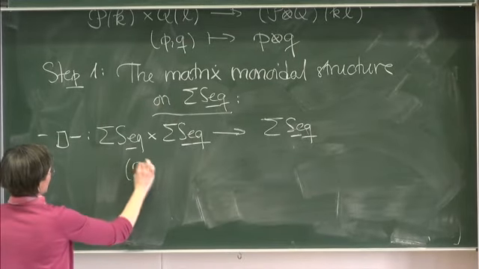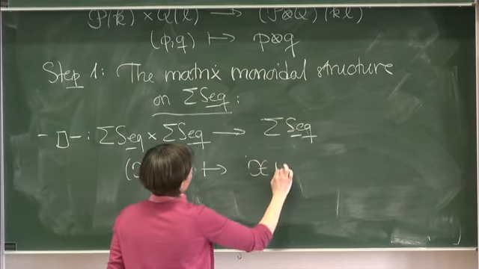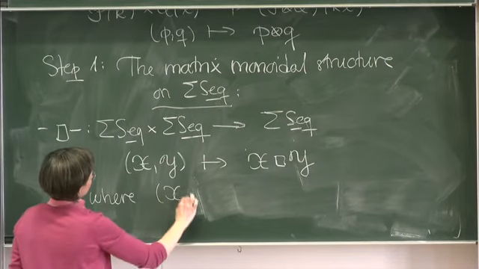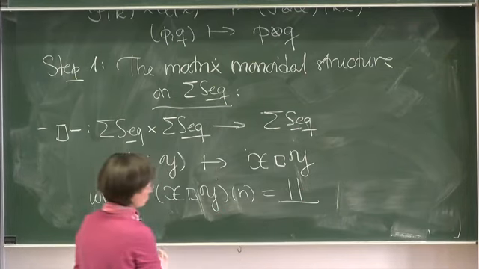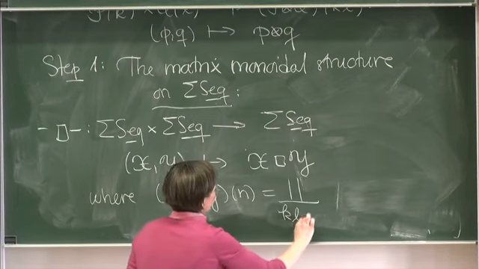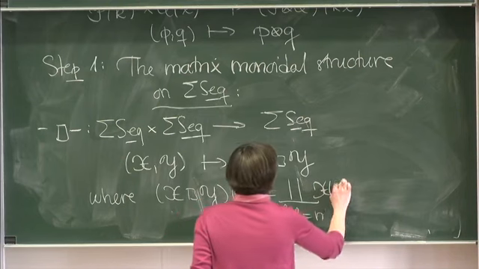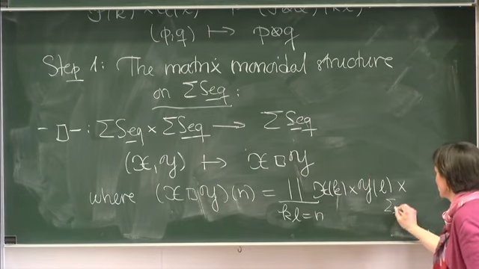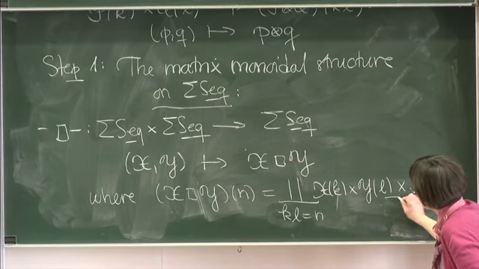So what is it going to do? It's going to take a pair of symmetric sequences, X and Y, to X box Y, where X box Y in arity n is a disjoint union over all k and l such that k times l is equal to n, instead of k plus l or anything else, of X_k cross Y_l cross, and here's something I'm going to have to explain, sigma_k cross sigma_l,